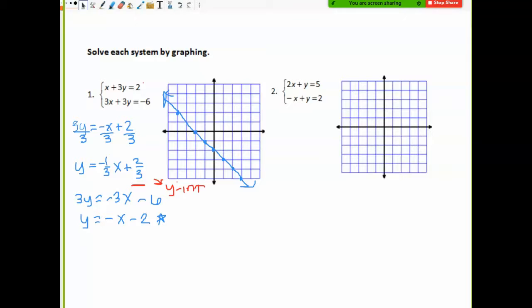Alright, so if we find the x-intercept, that occurs when y is 0. So you get x equals 2 when y is 0. So we could plot the point (2, 0), and then use our slope from there. So instead of trying to use the y-intercept, I can use the x-intercept, which will allow me to graph a much prettier equation. So you have (2, 0), a slope of negative 1/3,